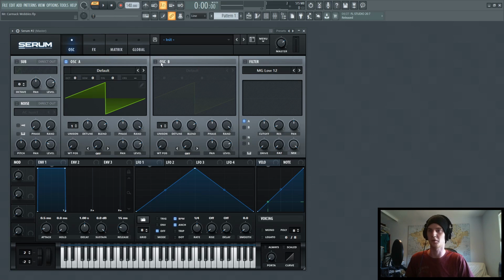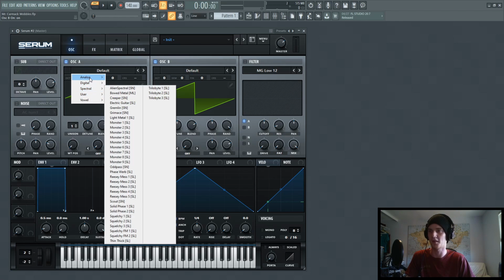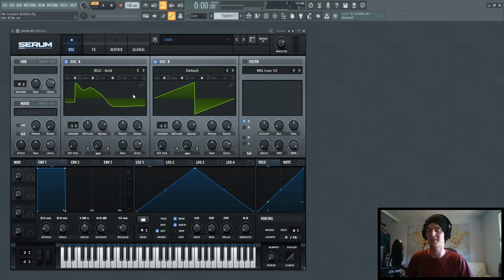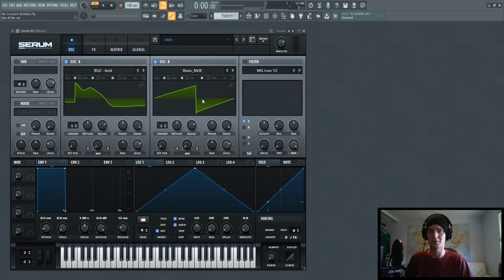So what we're gonna do is we're gonna turn on both oscillators, and we're gonna go ahead and throw on, you can go ahead and go through all the wavetables and see what you like and what comes out of it, but I'm just gonna use one that sounded good enough. And that was BS2 acid, and on top of that you can use this default saw wave, but I chose instead to use the basic MCB right here,